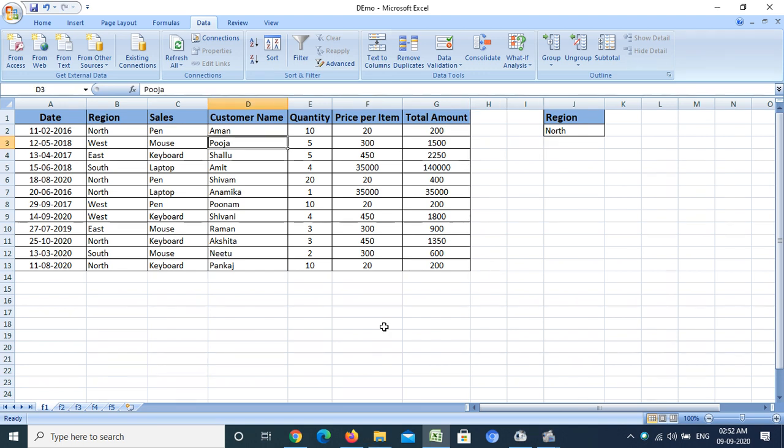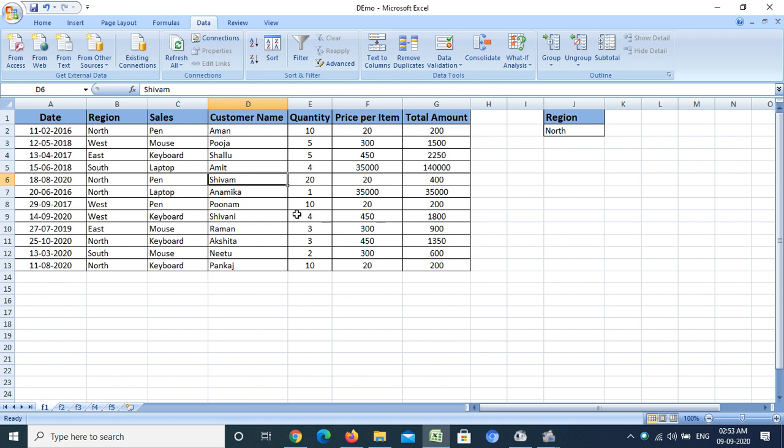For example, I have this data and my criteria is written here, that is region north. Now how can I implement the advanced filter option? For that, first of all, I have to click on the Data tab and then click on Advanced. But before that, what are the three things we have to keep in mind?